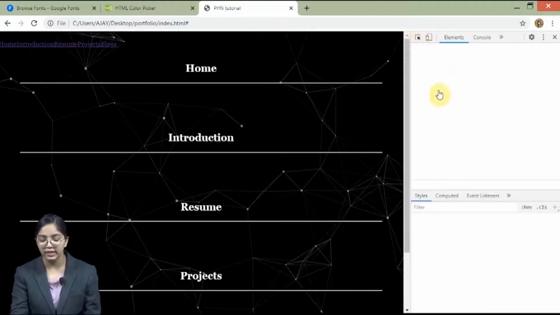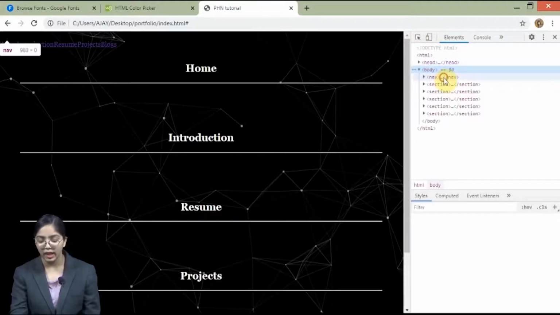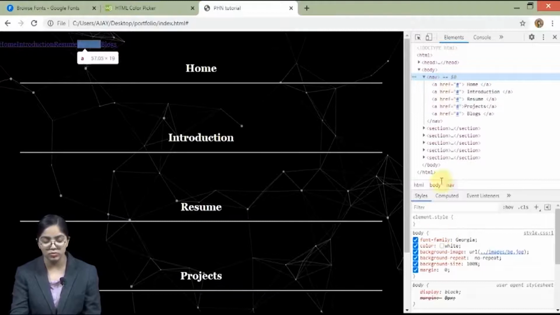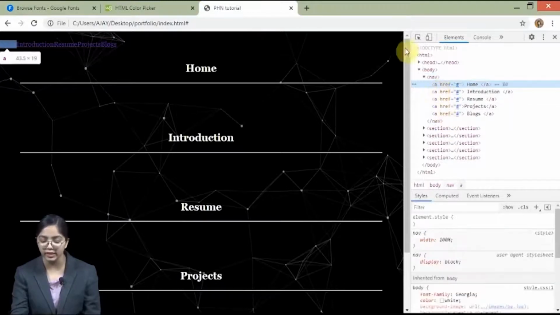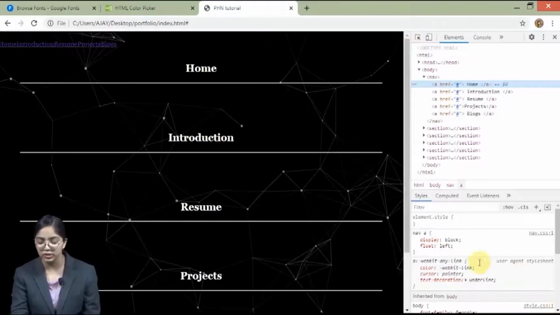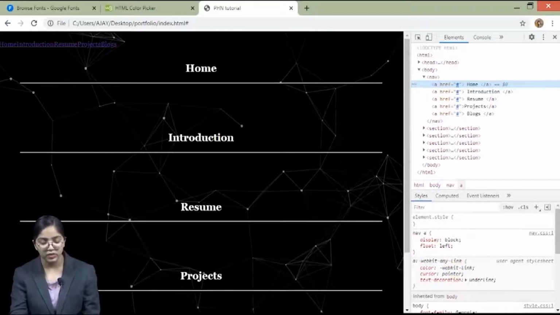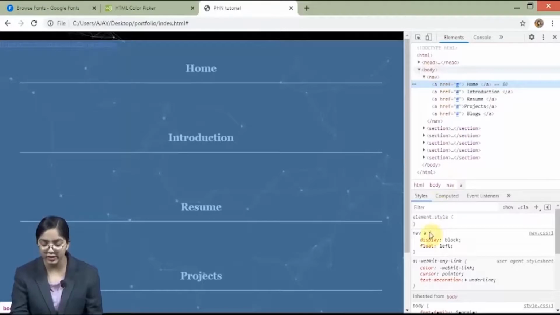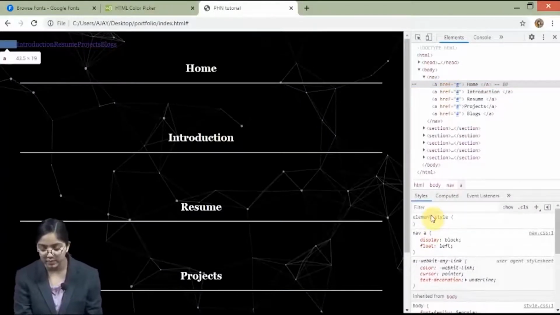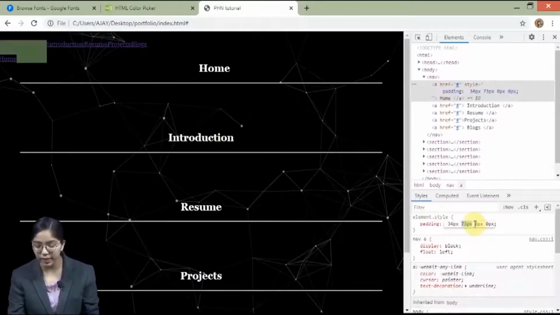So we have selected the nav here and the particular A attribute. Now you can just take the cursor and select, but I prefer to do it in this way. Okay, so we have given nav by mistake. So let's just define it here again, nav A. So we will define the padding for it.